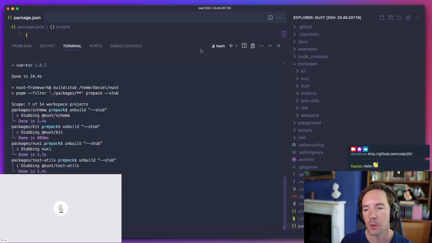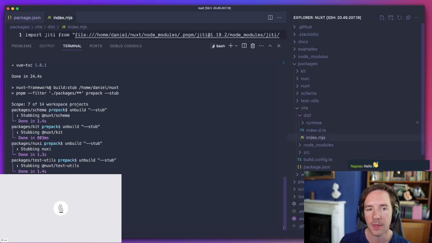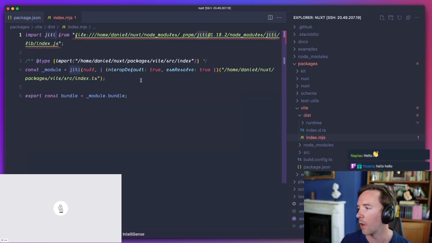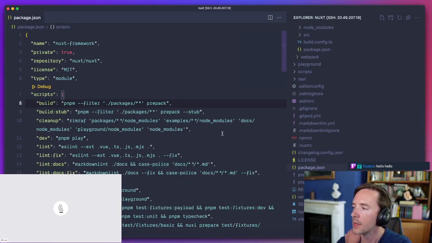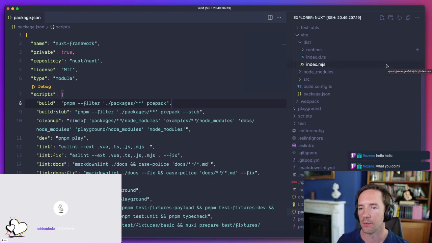Anyway, what that does in the background is create these dist folders, and they just call in Jiti and run it on the source. It means we can act as though everything is built in terms of depending on dist folders, but we don't actually build. It's effectively a passive reload, so you can just edit a source file, and it just works immediately without having to run a build step.